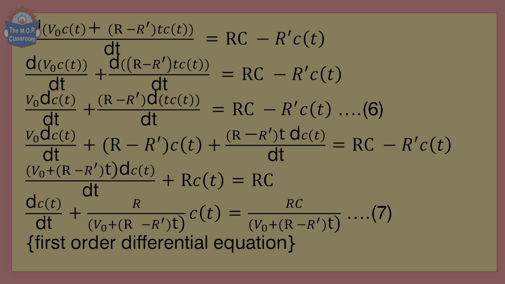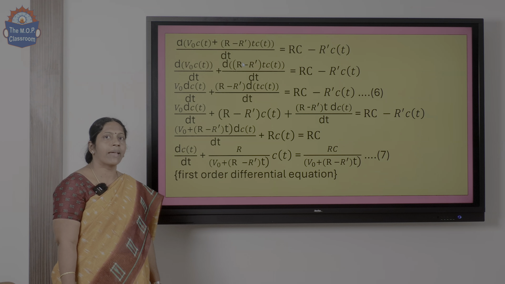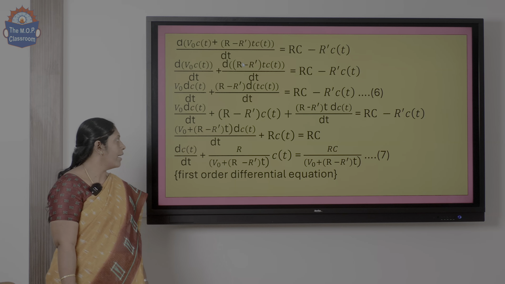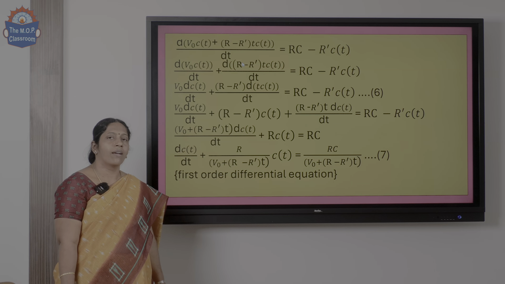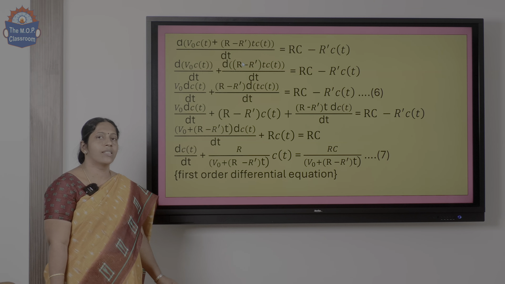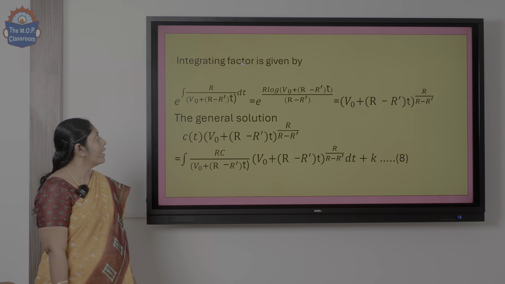That is, we get dC of t by dt plus R divided by V naught plus R minus R dash t into C of t is equal to RC divided by V naught plus R minus R dash t, which is a differential equation governing our model after arranging it suitably. Now, as we can see, this differential equation is also a first order linear differential equation, and it is of the form dy by dx plus p into y is equal to q. So, proceeding similarly as we have done for the previous case, we have to find the integrating factor, and the integrating factor is